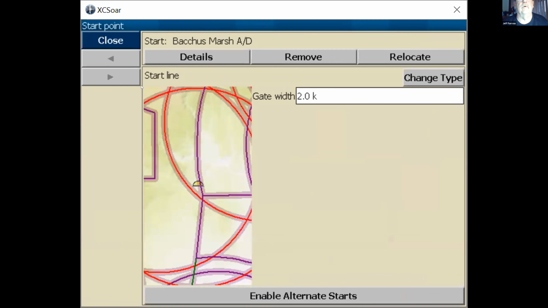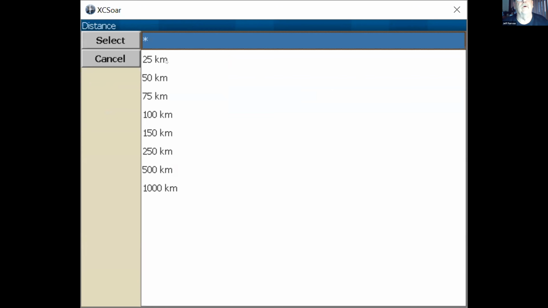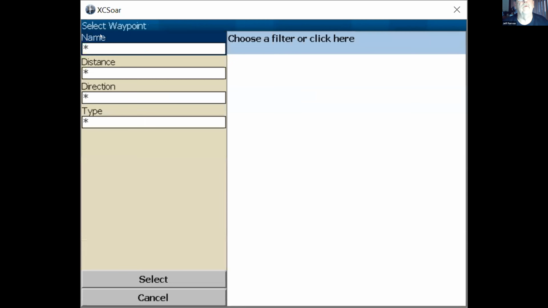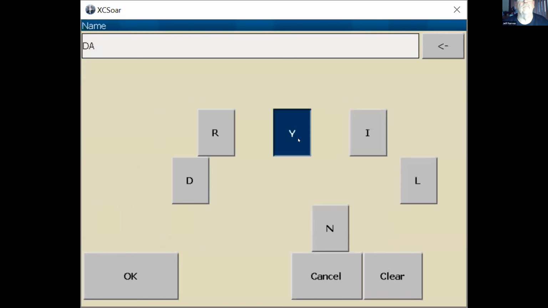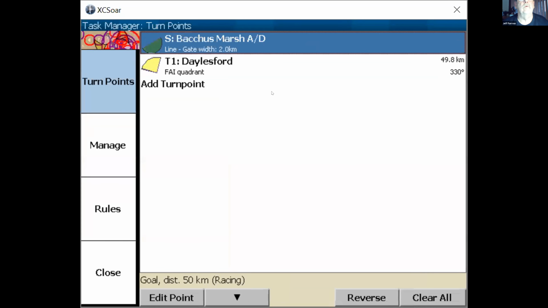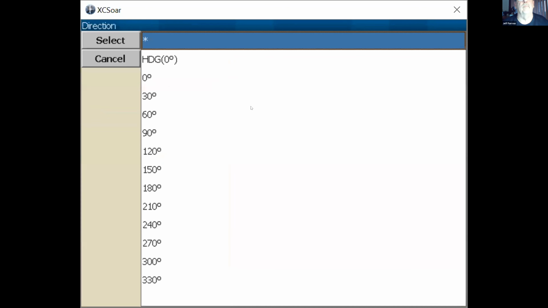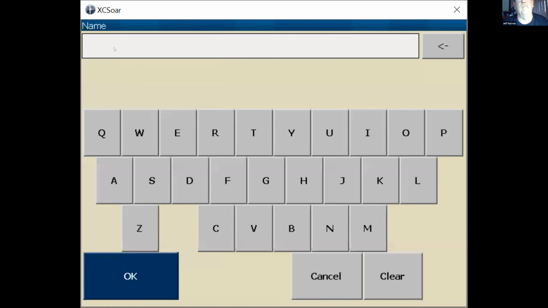Oops, double click when I shouldn't. Add a turn point. So Daylesford. Add another turn point, Ballarat. So I'm choosing by name. I could filter turn points on distance, direction, but I'm just choosing by name.